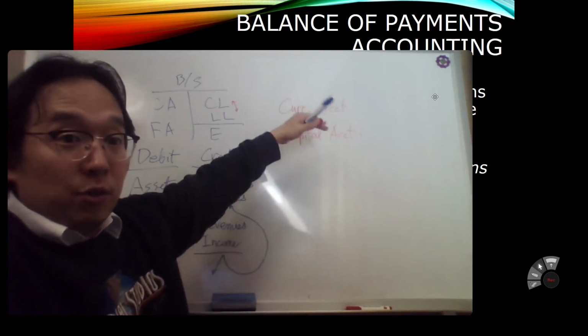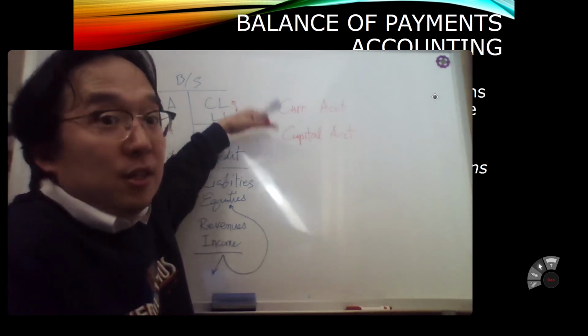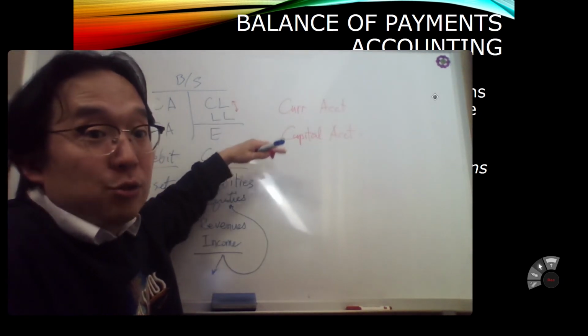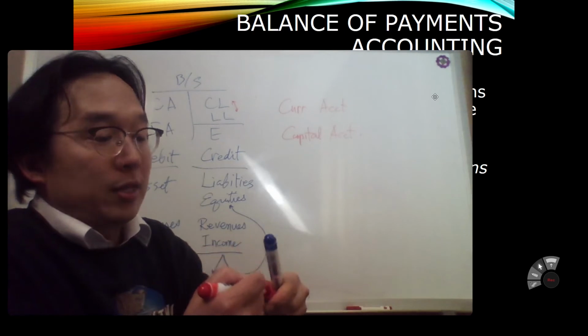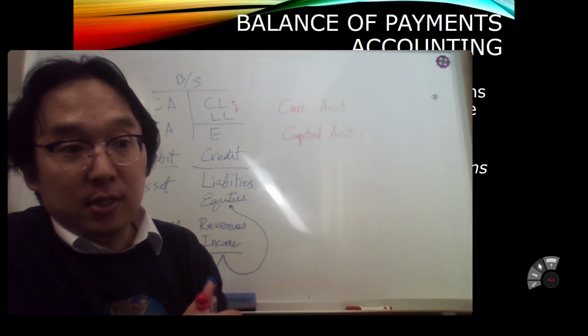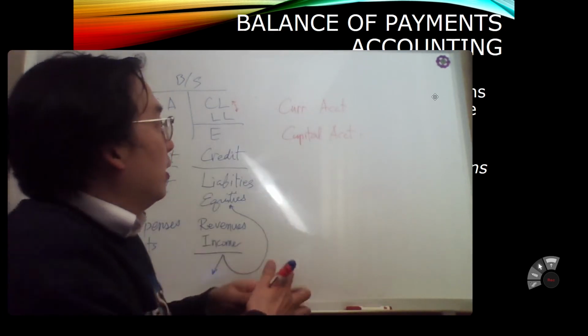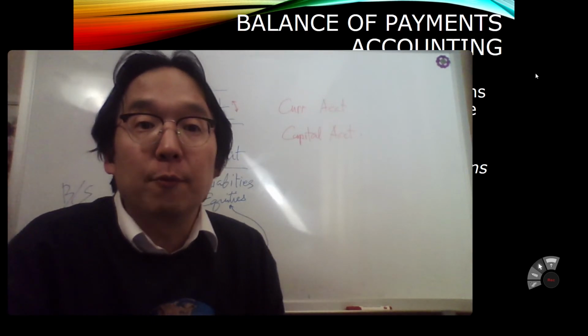After all, it's going to be balancing each other out. Of course, these two accounts, in theory, have to balance each other out, so that if you sum it up, then it has to go to zero, in theory. But it doesn't. So you are going to have some statistical discrepancies and then foreign currency reserves that help these sum up to be zero, right? Okay, let's go to that one a little later.